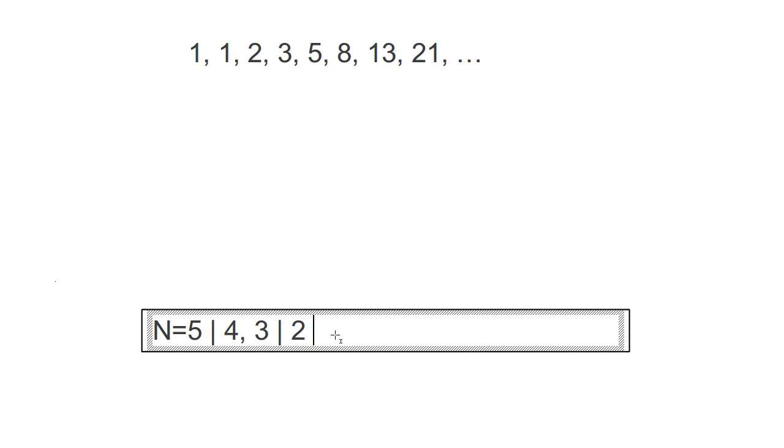So n of 2, well, calls n of 1, which returns a 1, and then it calls n of 0, which also returns a 1. So then we add those together and we get 2, and so we have a 3 plus 2 here, and that adds together and we get 5. And so we've popped all the way back up to the top of the call stack where we have our 5 waiting, but that was only the result of n of 4, so now we need to calculate n of